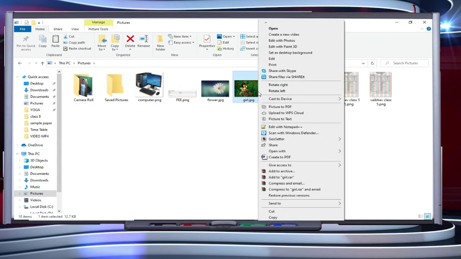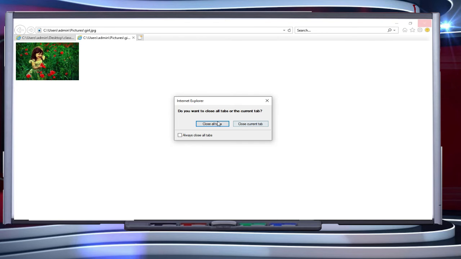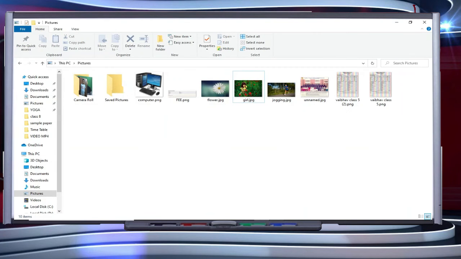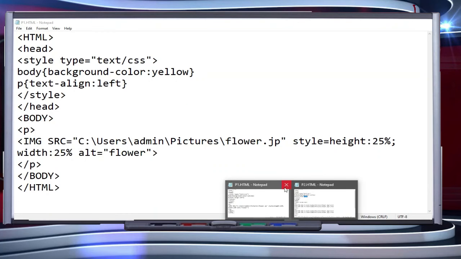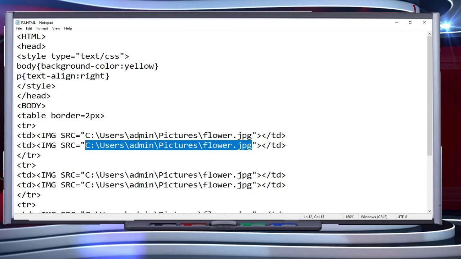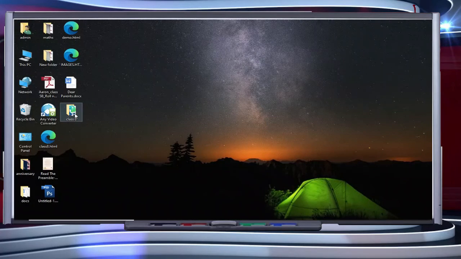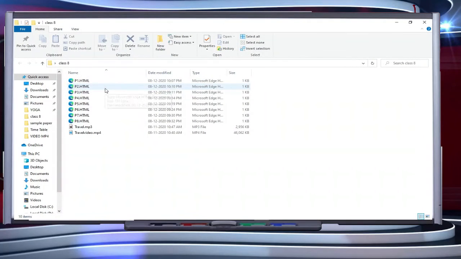Let's say I'm selecting this one, open it with Internet Explorer, copy this image, and then back to your file, and let's assume that I'm changing this path, save it, and then back to your programs,